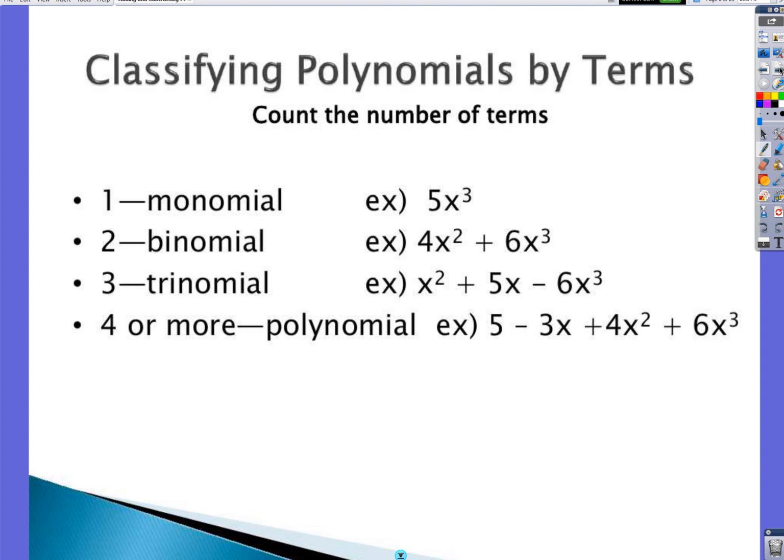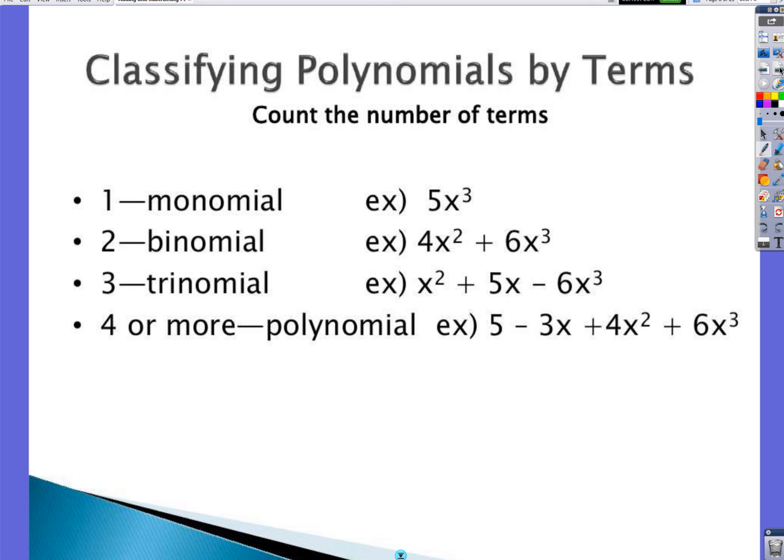Then these are the nouns. These come after the adjective. So if you have one term, instead of just generically saying polynomial, you can say monomial. But wait, that's a contradiction. Doesn't poly mean more than one, and mono means one? Yeah, typically yes, but not when it comes to polynomials. Even monomials are considered to be polynomials, right? Yes, sir. In the example,